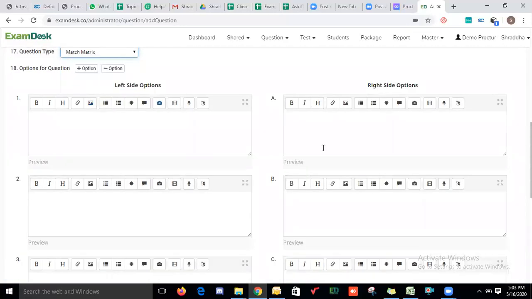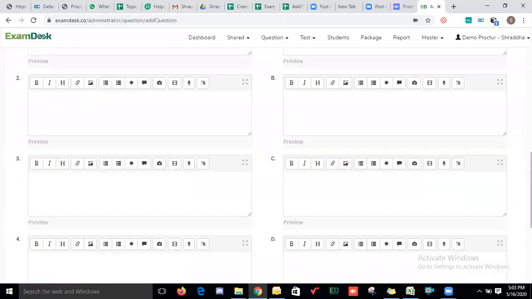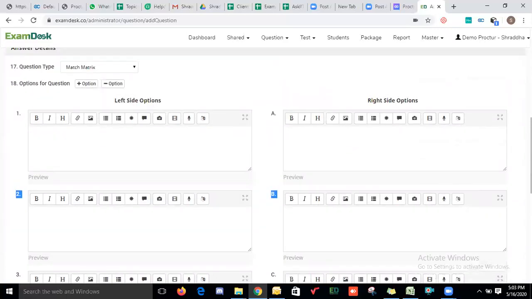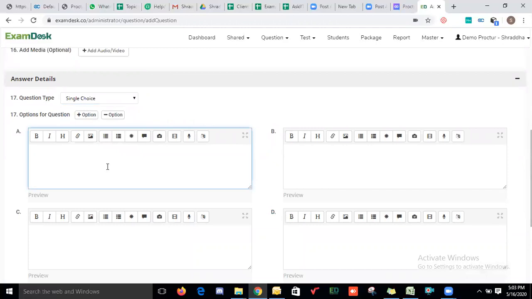For match matrix, this type of pattern will be available, and more than one pair selection is available over here. Dependent upon the selected question type, you can add your answers.